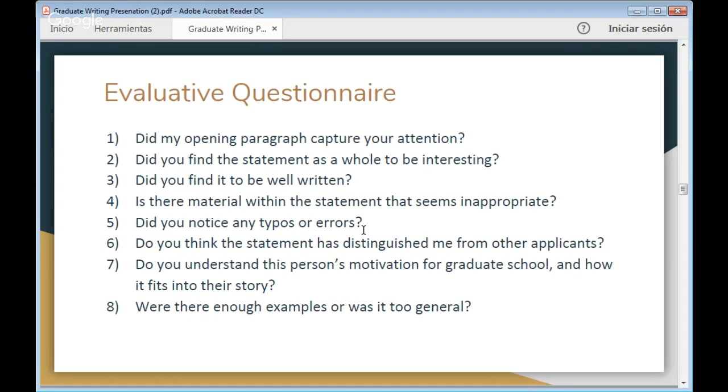So this is a way to just make sure that you don't have any accidental errors that will make your paper seem a little less professional. Do you think the statement has distinguished me from other applicants? So this is making sure that this feels personal, that it's not just kind of reiterating everything you've said in